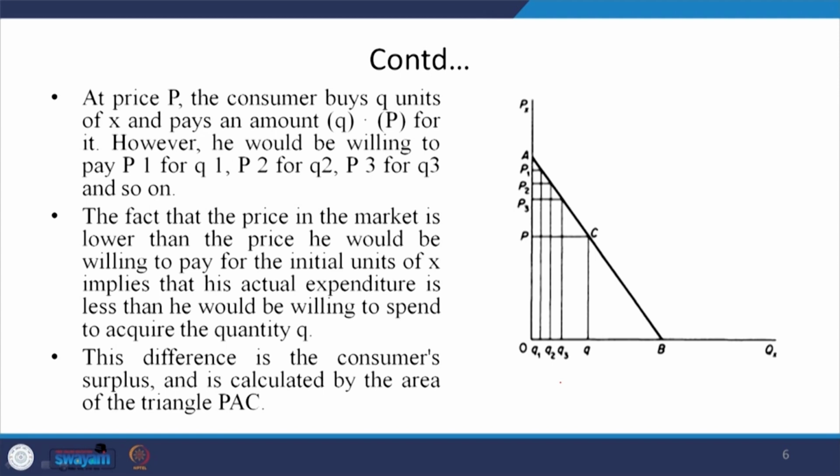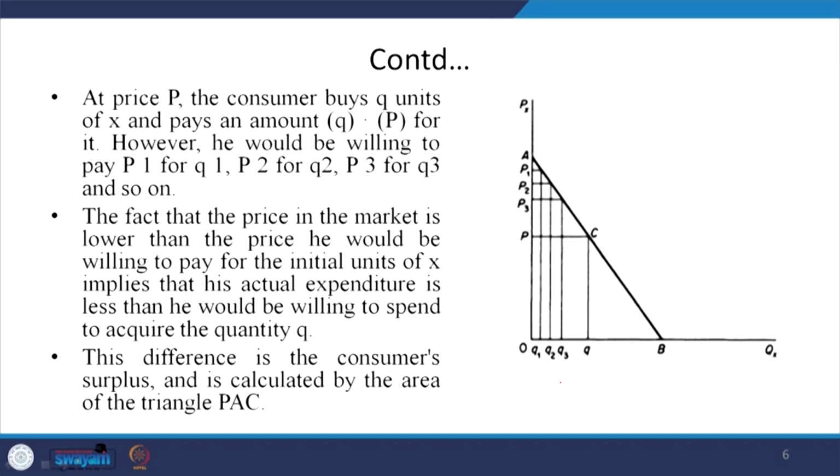From this graph you can see the same thing: the maximum price at which the quantity demanded is 0 is OA, but when the market price declines and becomes OP1, the consumer is willing to consume OQ1. When the market price further goes down to OP2, the consumer is willing to take OQ2, and in this way the demand curve is showing an inverse relationship between the price of the product and the quantity demanded, and it is because the marginal utility